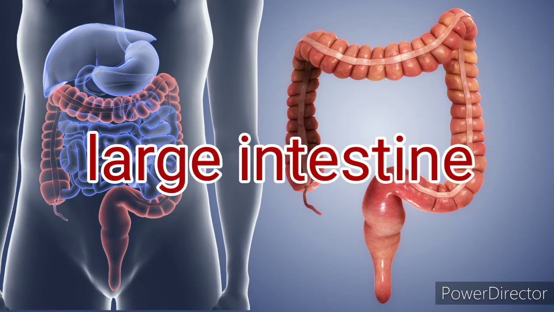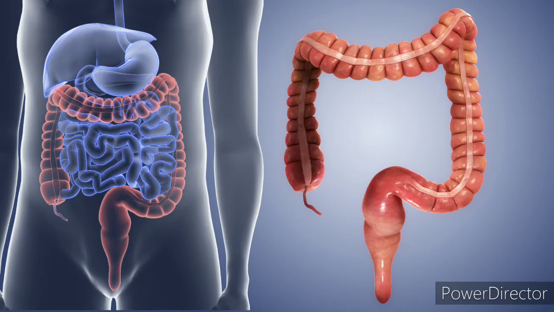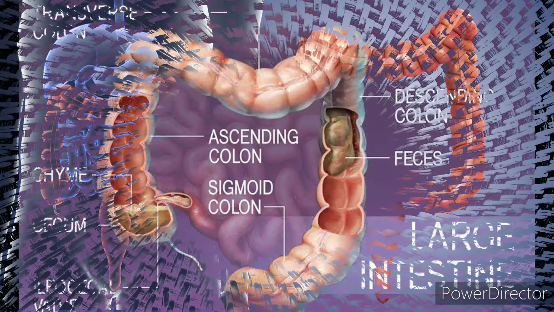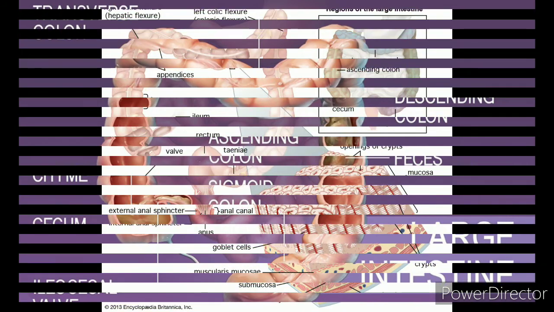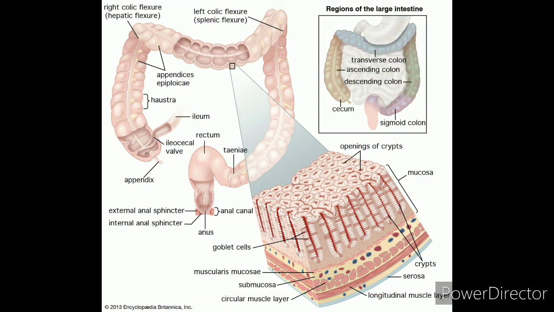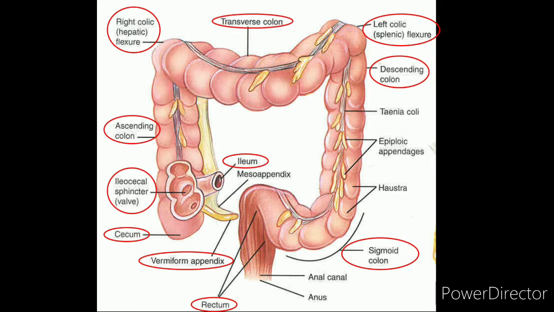Now the next part is the large intestine. We have already mentioned earlier in the video that the large intestine includes the cecum, colon, rectum and the anal canal, and it is larger in diameter than the small intestine, but it is shorter in length. It does not produce any digestive enzyme. It does absorb water, salt and some vitamins. It also stores indigestible material until it is eliminated at the anus.